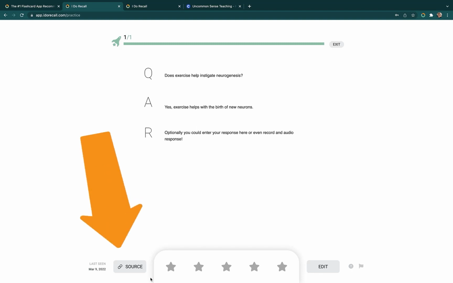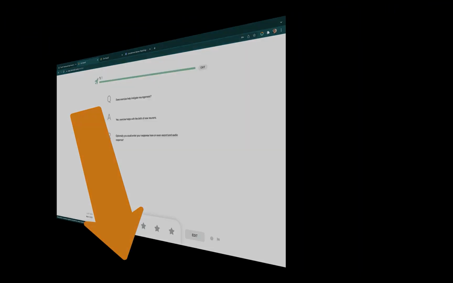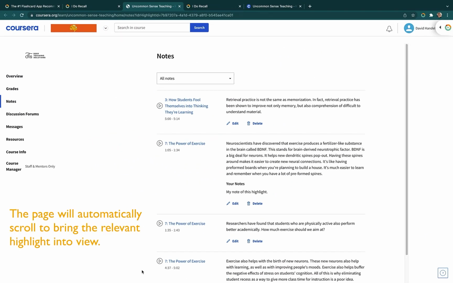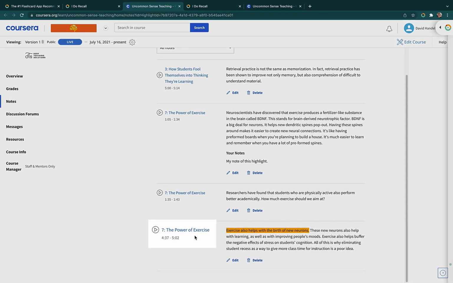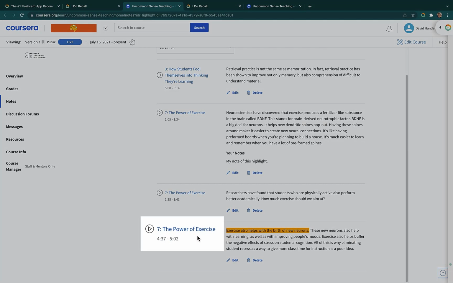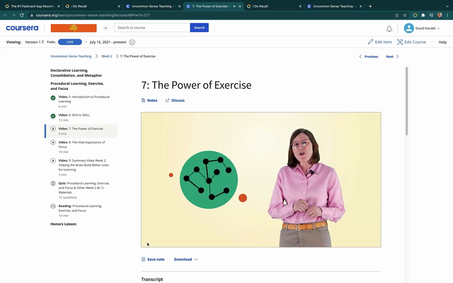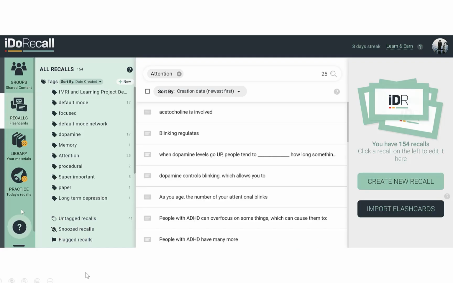If you struggled with the recall, click to see the source link. Your Coursera notes will open in a new browser tab. Click here to view the relevant portion of the video and refresh your memory in the context where you learned it. Each day, the iDoRecall spaced repetition algorithm will schedule for practice the small subset of the recalls that you're